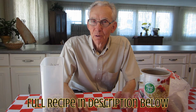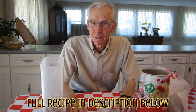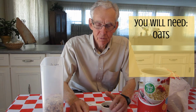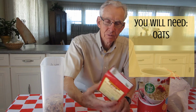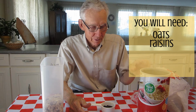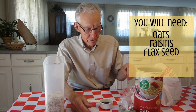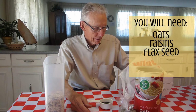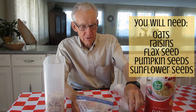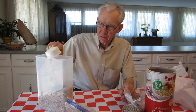Good morning. So I eat muesli. I like this natural cereal because it's got seeds and grains, oats, which is supposed to be really good for cholesterol and stuff, and raisins, which are naturally sugar, and flax seed, and these are real pumpkin seeds. These are sunflower seeds. So put some raisins in,